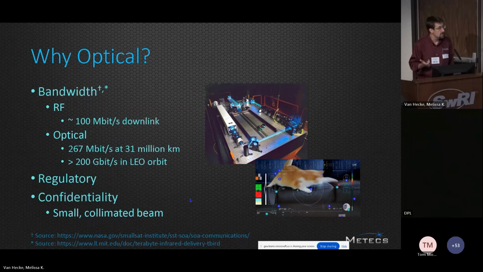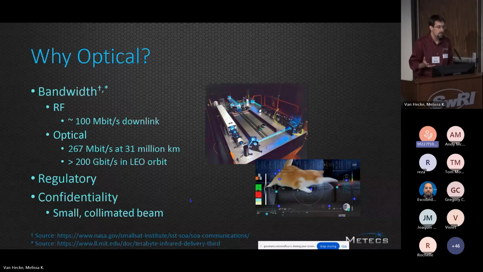The second characteristic that's important is regulatory. Right now, optical is fairly unregulated. The ground stations actually have the most regulation because you're near people, and if you happen to be pointed near the horizon, you could potentially get some scatter off the atmosphere, scatter off objects, and damage someone's vision on the ground. But once you're in orbit, by the time the laser reaches the ground, it's fairly diffuse. You don't have to worry too much about it. So the licensing is typically local and not an FCC sort of regulatory action.